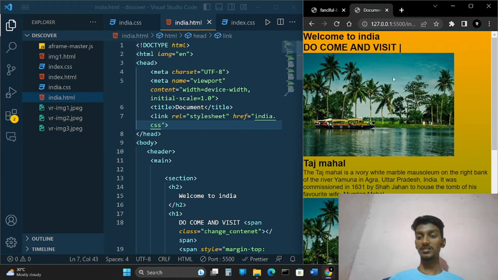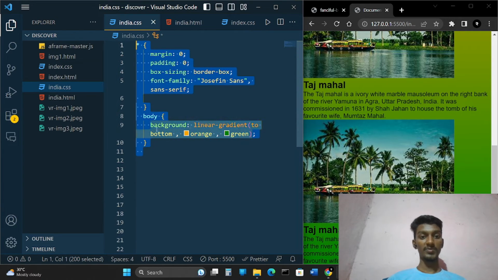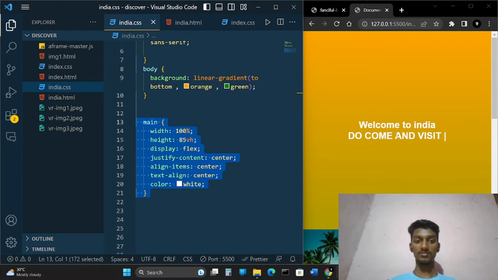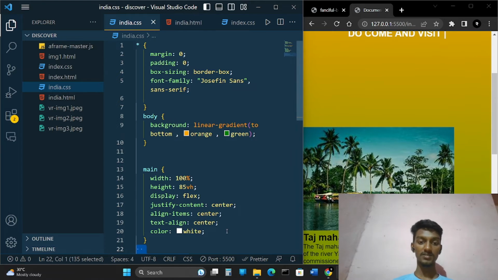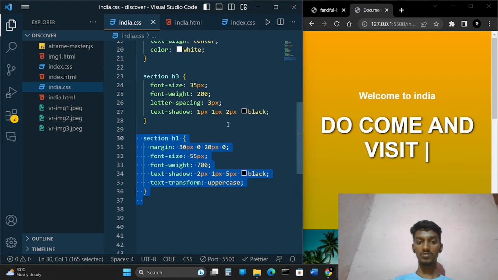Now let's refresh our page. There is a gradient because we have added this background to linear gradient. Now let's have some more styles. We added for the main tag so that it will align to the center. To make this division center, use display flex, justify content, and align items center. This will make the content align horizontally and vertically in the center. And next, we style the H3 to increase some font size and letter spacing. And H1 also, we added some